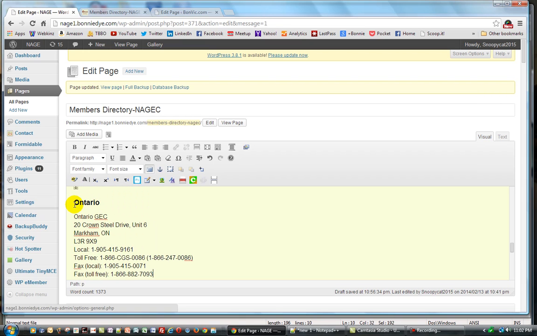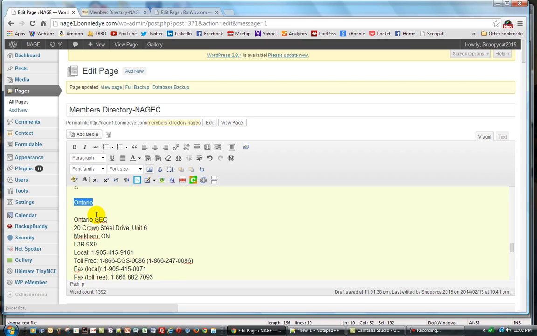Put that in. Give it some formatting so it's matching everything else on the page. In this case, we've got that as an H3. Make this bold. Now, once you've got it set up the way you want it,